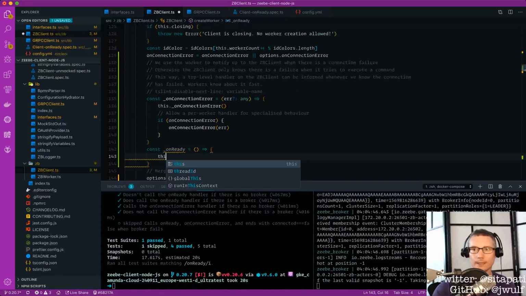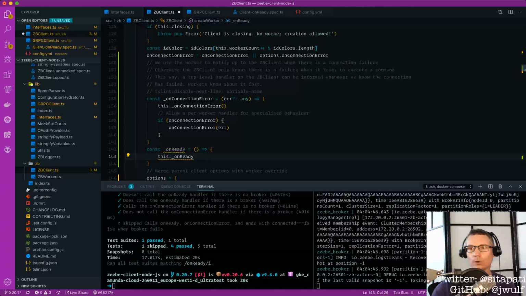And then we've got to write a debounce into these methods, because they could be potentially called by lots of workers. So